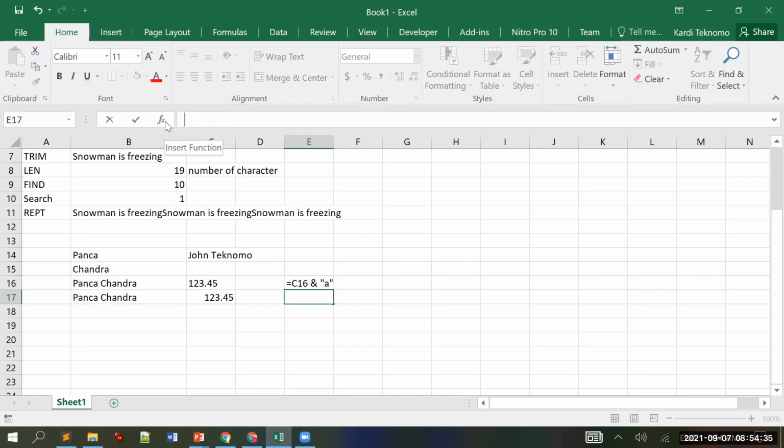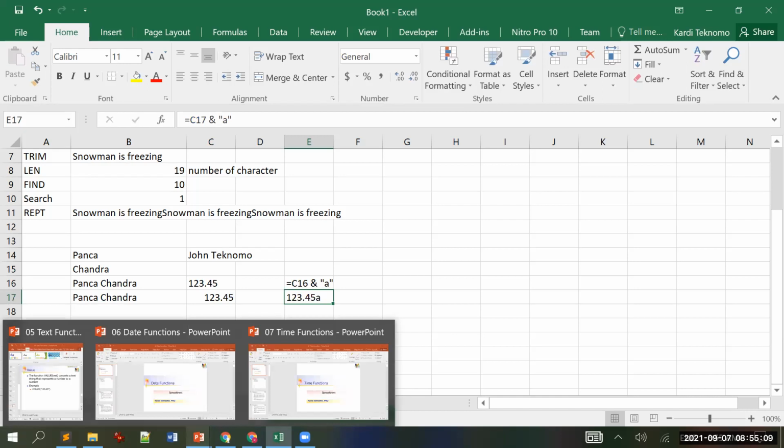But if I do this one, if I do this, well, and A, it will become A. It will become text. If this is a number and you put N here, it will become text. So